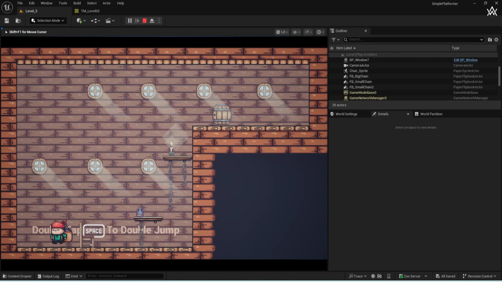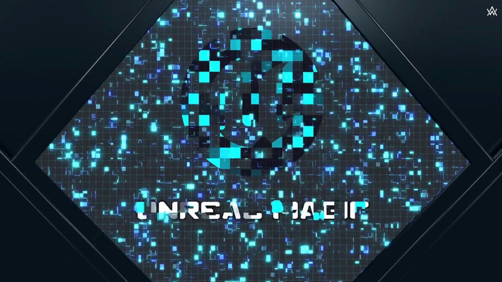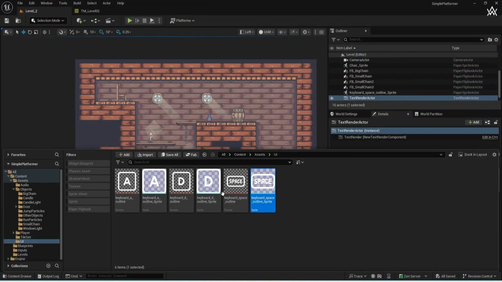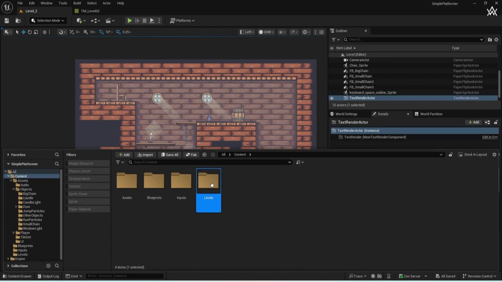In this video, I will show you how you can have level 3 with some decoration. Let's see how we can do that. For creating another level that shows double jump, like before, we need to go to levels, click